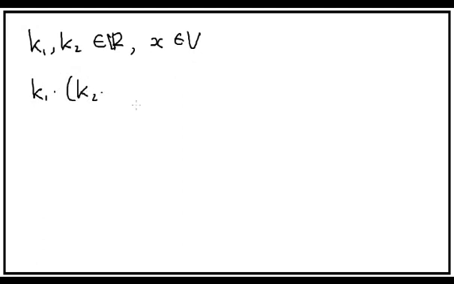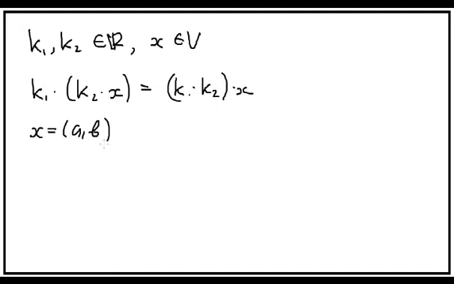The next one is the following. In this axiom, we're going to have three objects as before, but instead of mixing multiplication and addition, we're only going to have multiplication. So let's say we have two scalars, k1 and k2, and a vector x. The axiom says that k1 times (k2 times x) must be the same as (k1 times k2) times x. And so if x is a vector of the form ab,